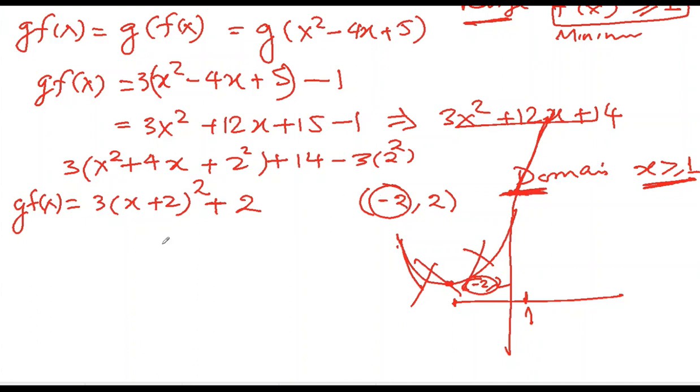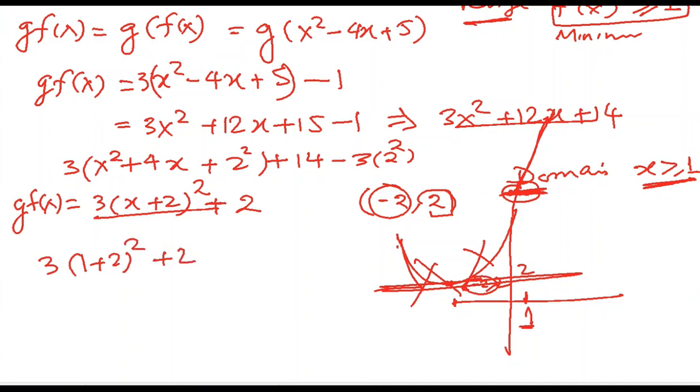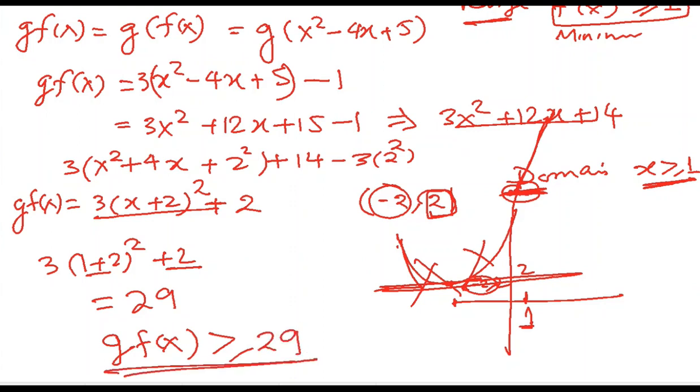See, in the original case, the range would be greater than or equal to 2 because the graph is above 2, right? But now we'll find a new range with the help of this one. We'll substitute 1 into g(x), which is this one. Let me substitute 1: 3 times (1 plus 2) squared plus 2. So 3 squared is 9, times 3 is 27, plus 2 is 29. So originally the range was greater than or equal to 2, but now g(f(x)) will be greater than or equal to 29. This is the new range of this. So the summary is